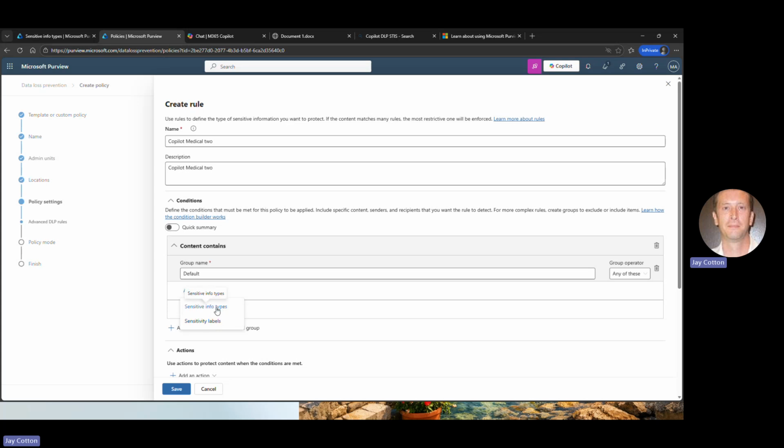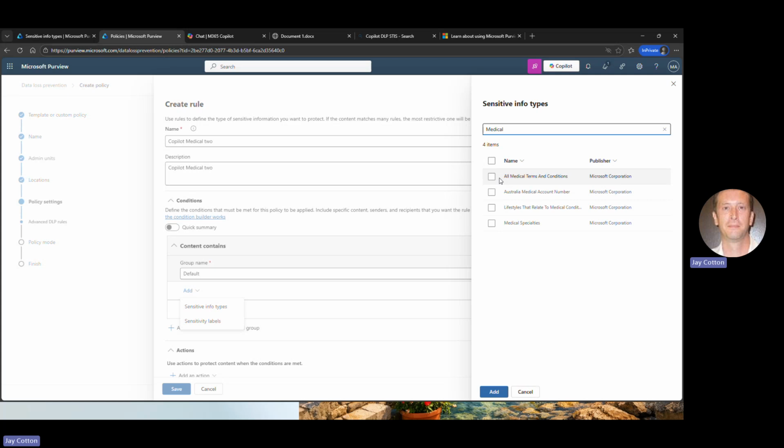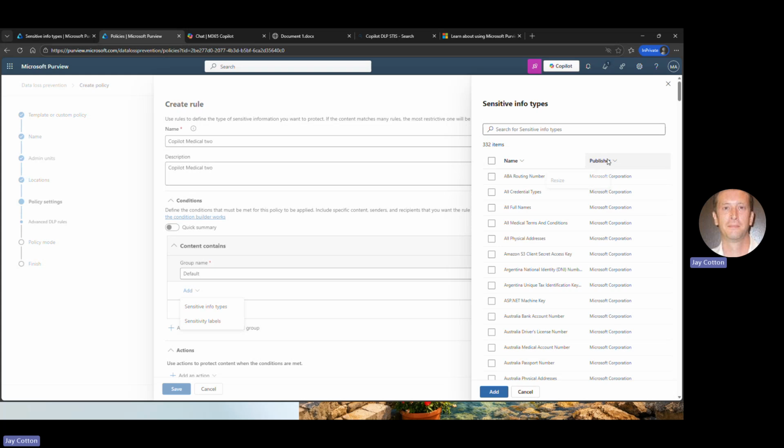And this could be any types of sensitive information. It could be the canned out of the box sets that we have out there already, or it could even be your custom sets that you create. So I'll just pick one and I'll show you a couple examples. This is what I'm going to use. So I'm going to use medical terms and conditions for this one. But also notice I could use customs as well. So I'll go back to that, switch this up,